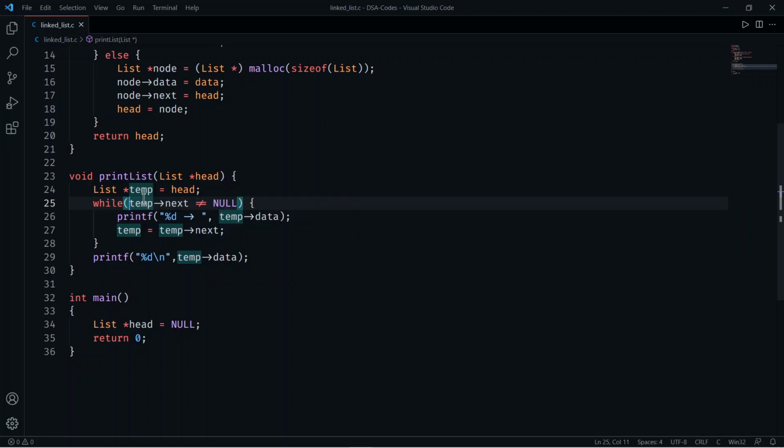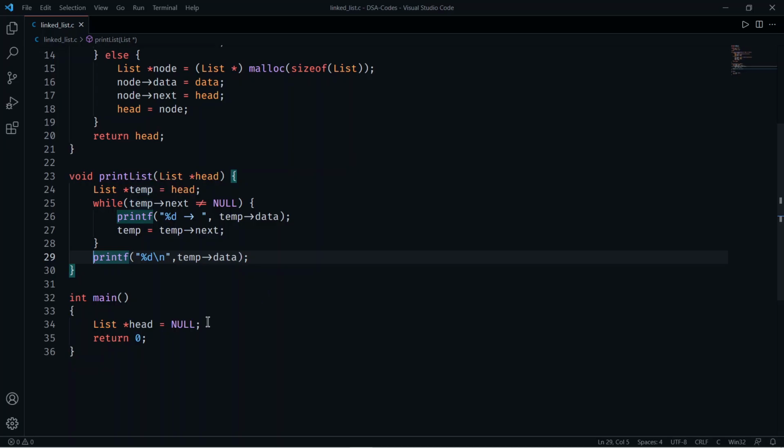And when the next pointer equals to null, we reach the last node, and before reaching the last node, this while loop will simply print the data in the nodes. And for this I've used a separate print for the data of the last node, because this while loop will terminate when we reach the last node, and the data in the last node will not be printed.